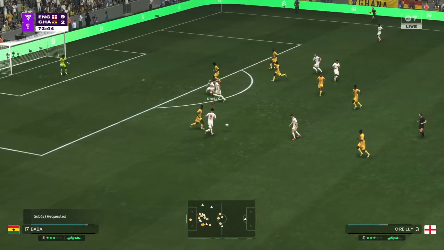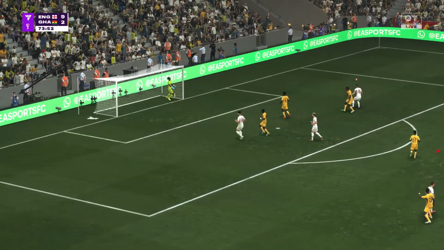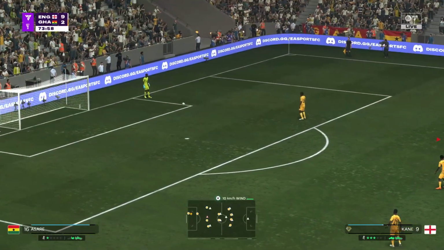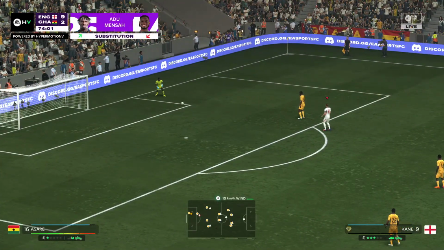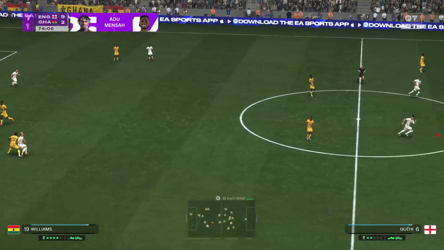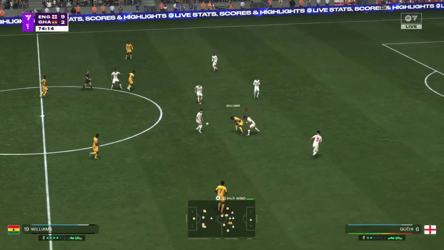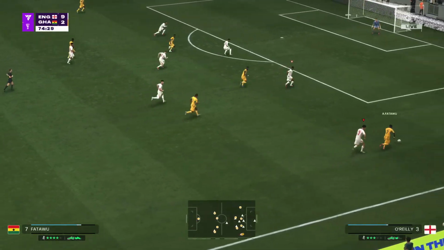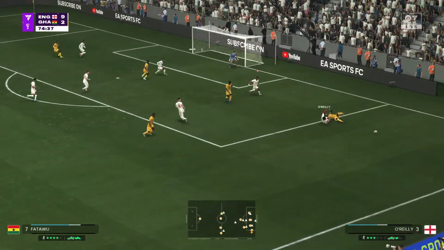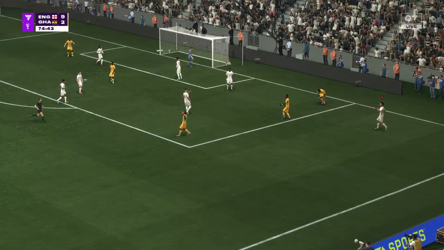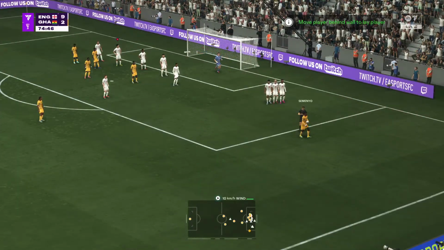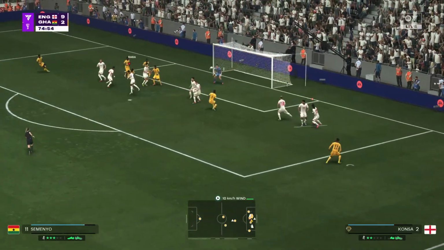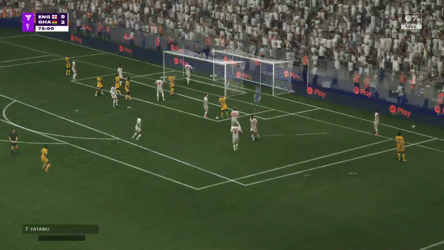Well, good idea. And off target in the end. And that'll be a goal kick. Well, they are committed to making the substitution here. Fatawu Isahaku. And the referee wasn't going to let that go. Delivered into the box. And not an attempt he'll be terribly proud of.